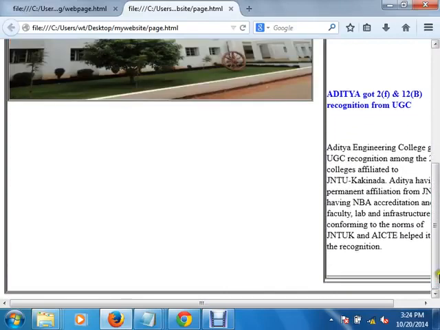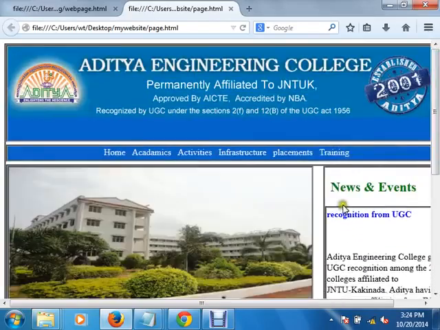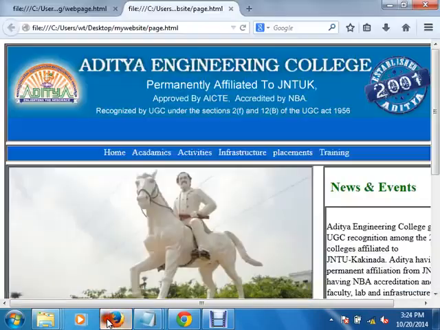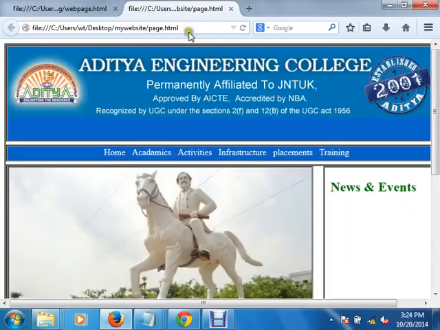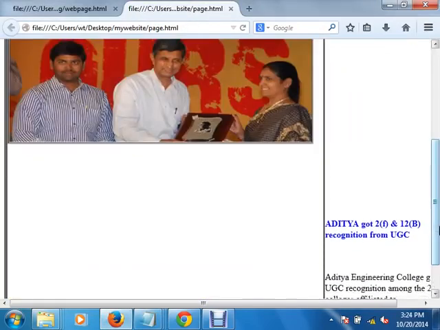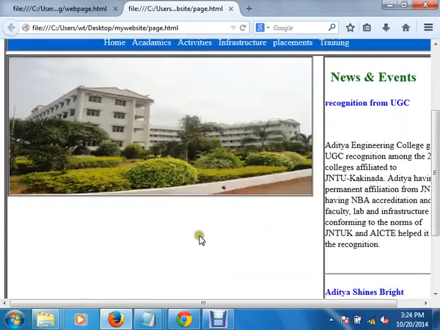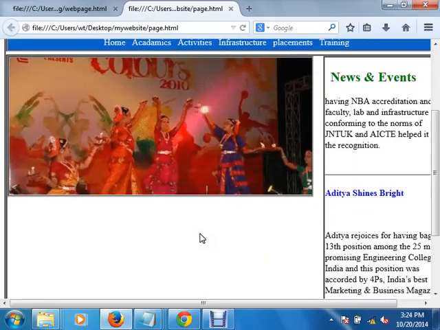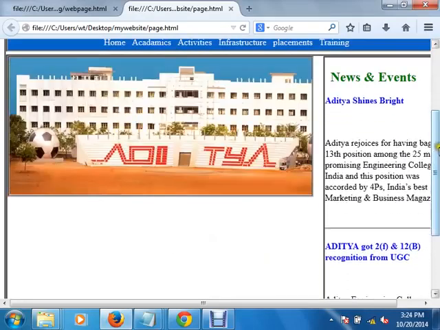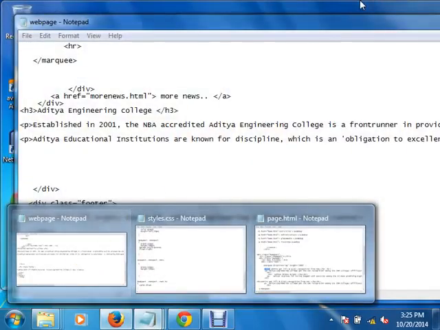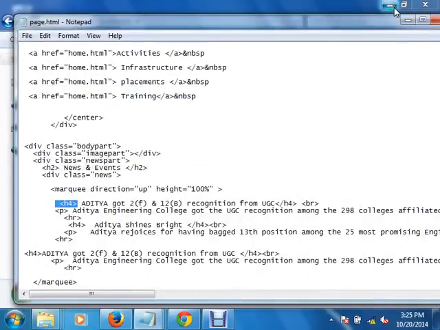Now remove this frame. Just remove this. So removing this means just for the news part remove this border style. Okay. Now the news part is also completed. Now inside the body of the page we are placing some content, which is something about the description of the site. So I will copy that description.